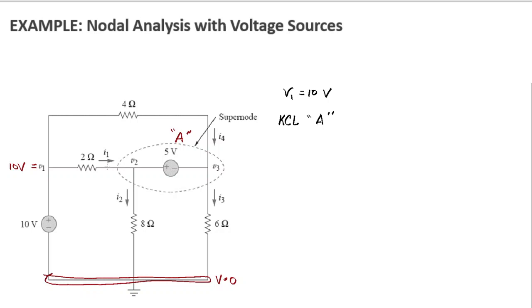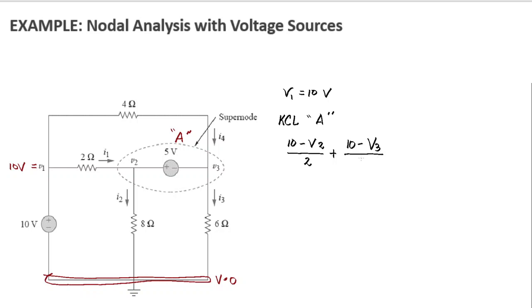We have this I1, and express that using Ohm's law. The voltage at the tail of I1 is V1, and V1 is 10 volts. So V tail minus V head, which is V2, all over 2. Current entering at supernode A, we have I1 and also I4. This is already a supernode, guys, so I4 is also current entering at this supernode. So plus I4, by Ohm's law, V at the tail of I4 of this series branch is V1 also, that is 10 volts, minus at the head, that is V3,